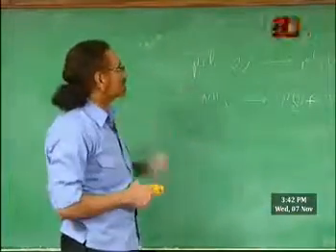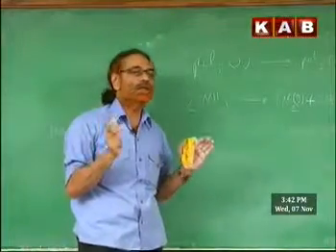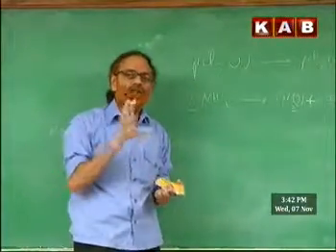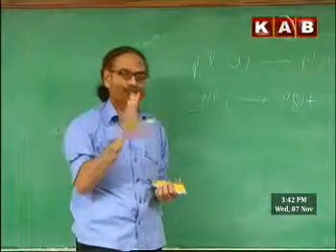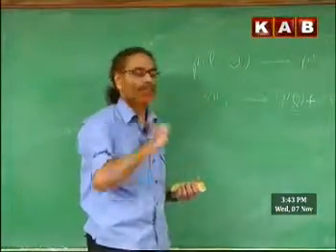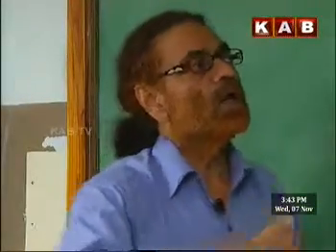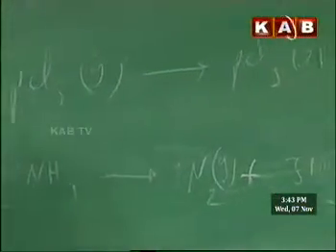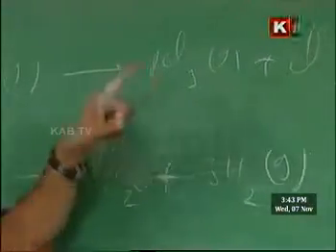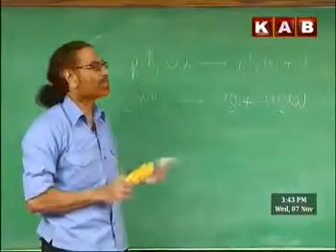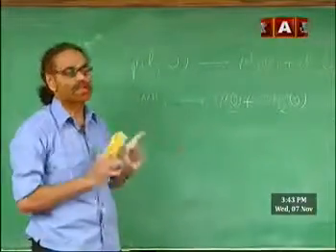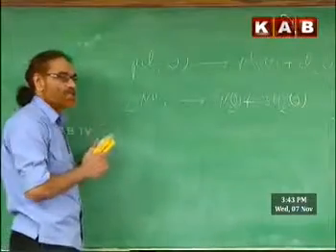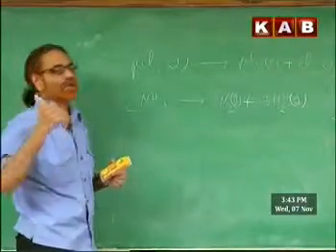For example, look at the first case, PCl5 gas taken in one flask. When it is pure PCl5, at a given temperature, in that flask, it exerts certain pressure P. But when PCl5 starts reacting, decomposing, new compounds coming, PCl3 and Cl2. In this reaction, you notice every 1 mole PCl5 splits into 2, 1 mole PCl3 and 1 mole Cl2. As a result, the moles number is increasing. When moles number is increasing for a gas system, pressure also increases.